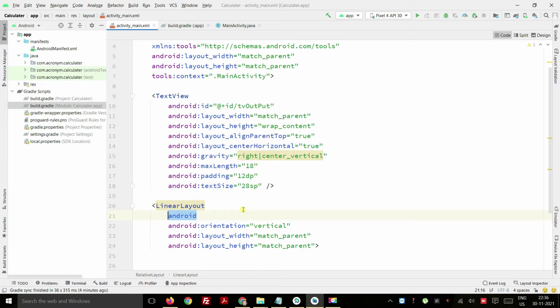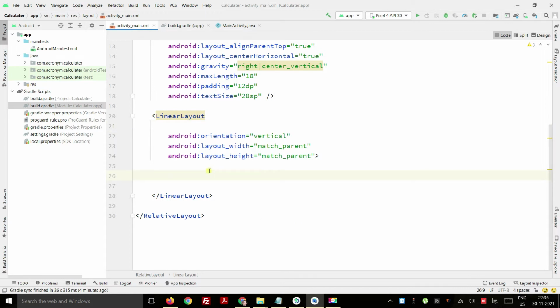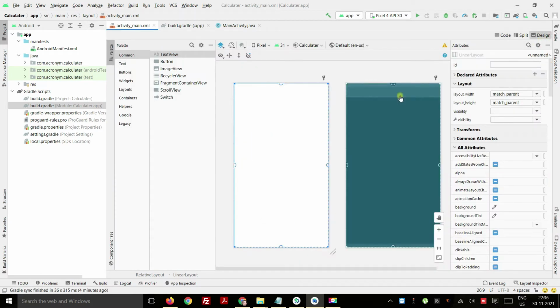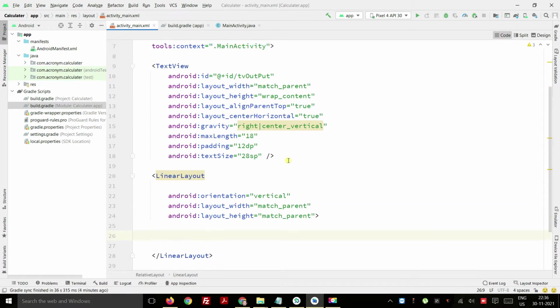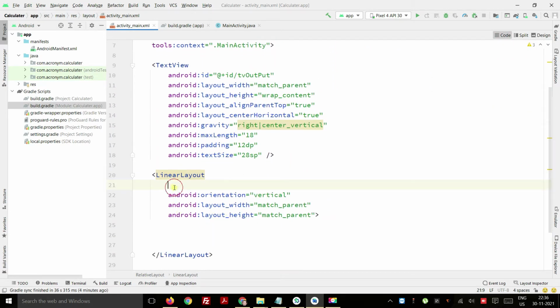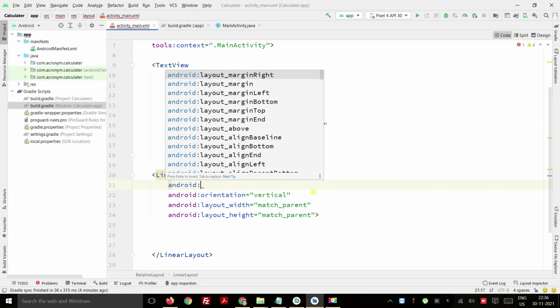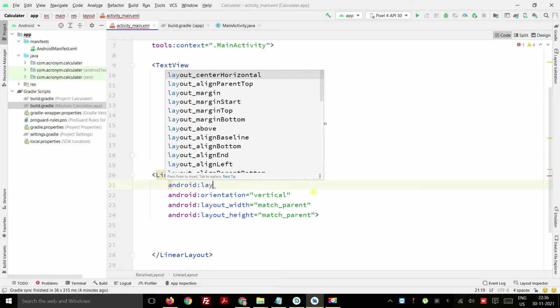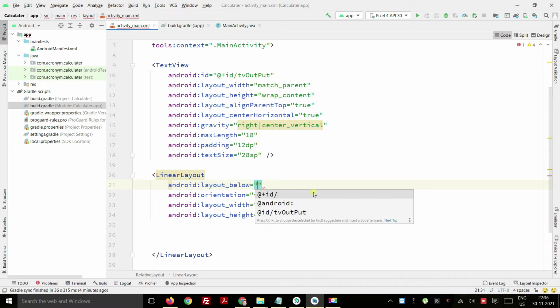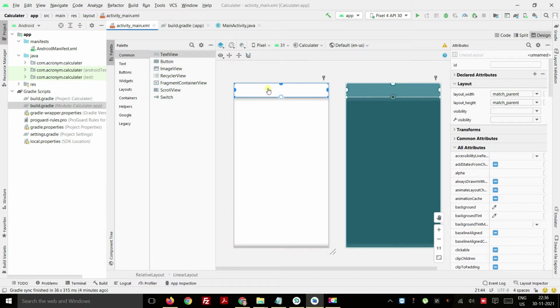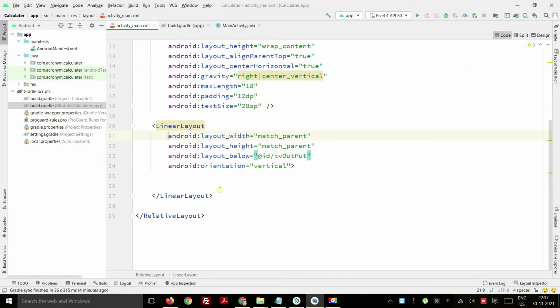Okay, I don't require an ID here, and now I will put it in a way so that all things come in a very proper way. What we are using is actually a relative layout, so I am putting this linear layout below this output layer. Because a relative layout works relatively, I will put Android layout underscore below, and below what, this one. Now if you see, whatever the layout is just below it; if you do not put below, it will capture all the area.